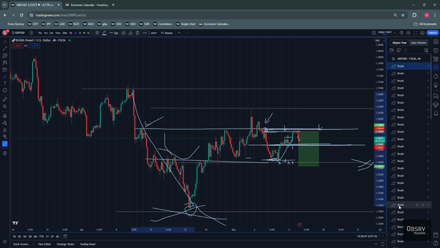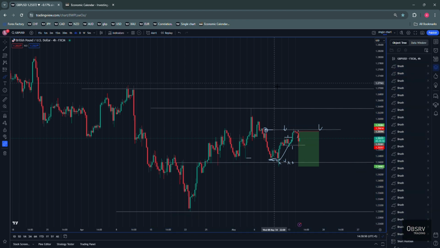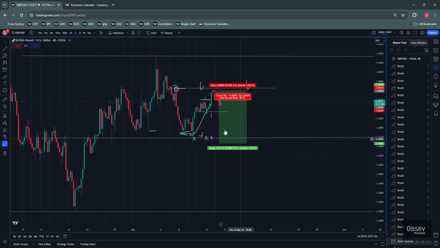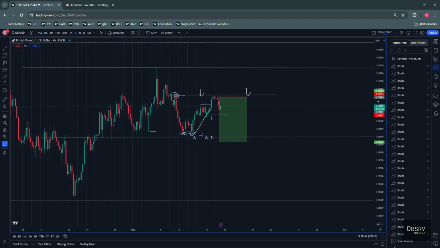If you take a look at the structure, the buy started here with all of this downtrend. Let's just get rid of the brushes. I'm going to make this quick. I'm not going to take a lot of time on this because it's coming back up like anything, and the reason why is because dollar is also weak at the moment.